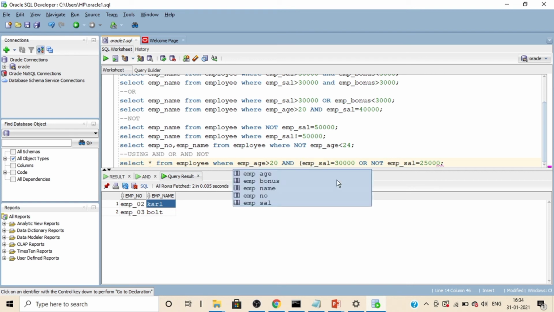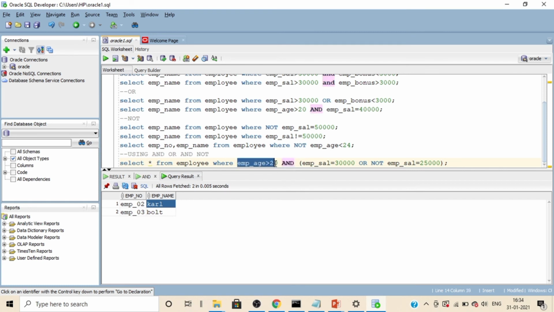So the inner condition is separated with OR using the NOT operator also, and the outer is separated with AND. So this query retrieves all the employees who are having the age greater than 20 and the employee's salary is equal to 30,000 or the salary should not be equal to 25,000.